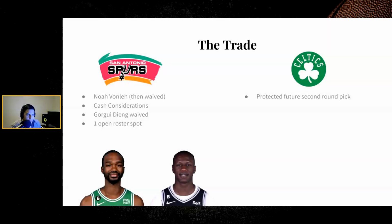On Thursday, the San Antonio Spurs acquired Noah Vonleh from the Boston Celtics via trade, and then the Spurs waived